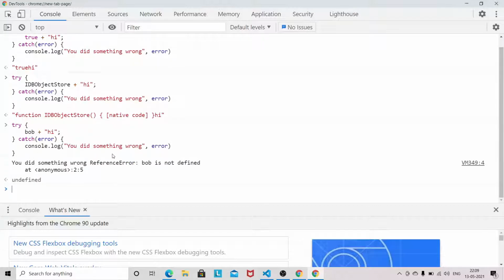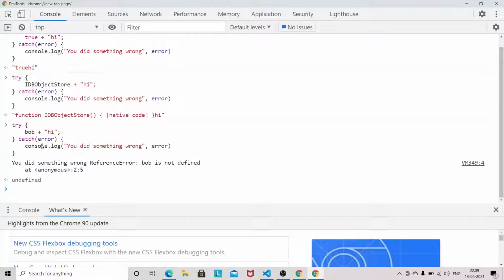Now the message is also getting printed, and it also says Bob is not defined. So in ES2019 it doesn't force you to pass the error whenever the try fails. Generally if the code fails in the try, we pass the error to the catch block. Now it is not mandatory in 2019.